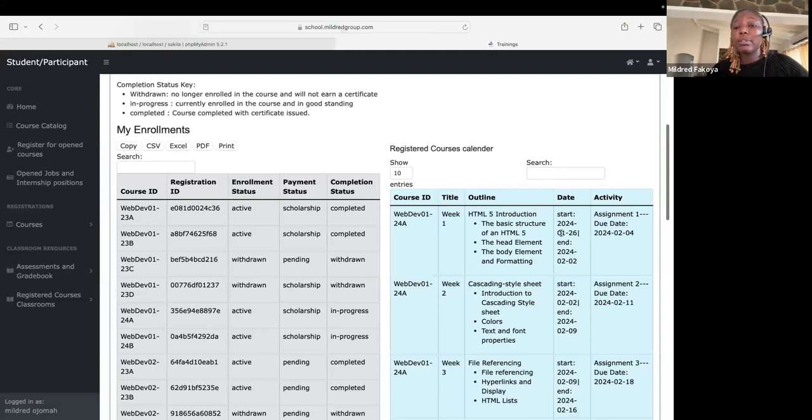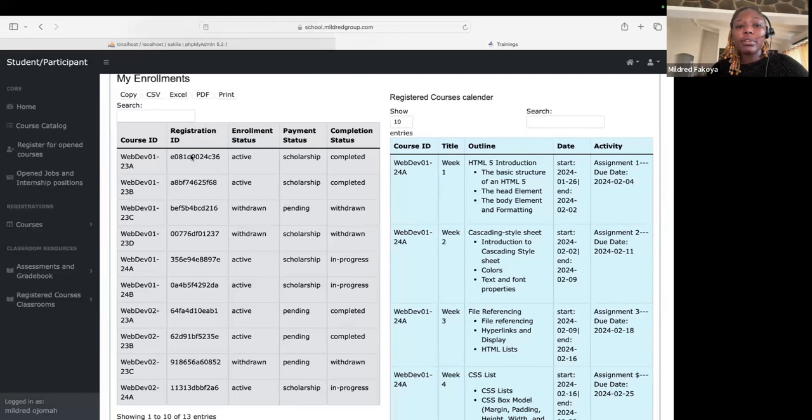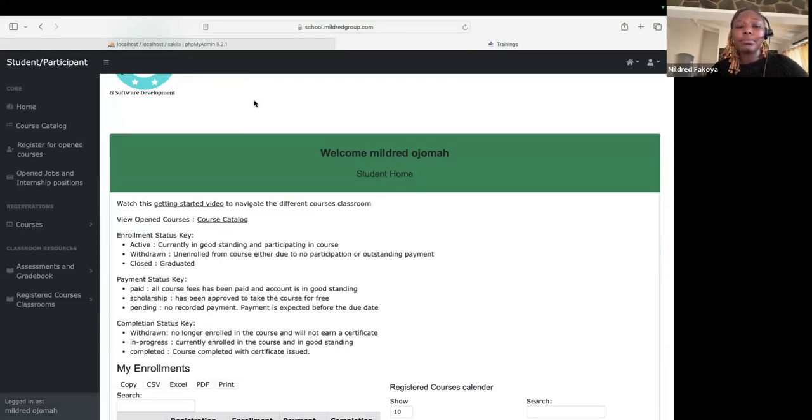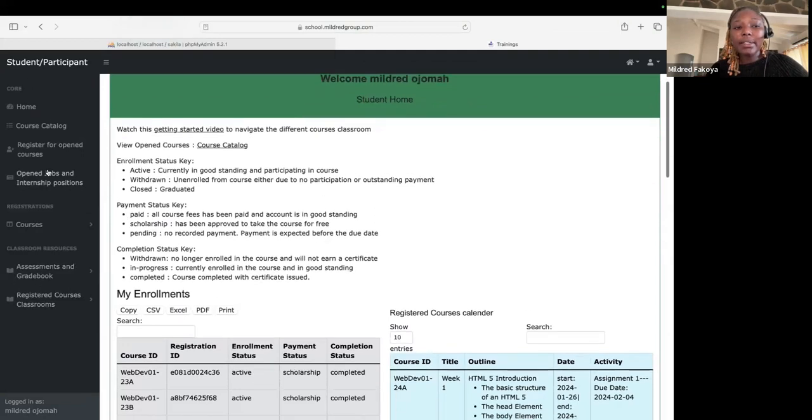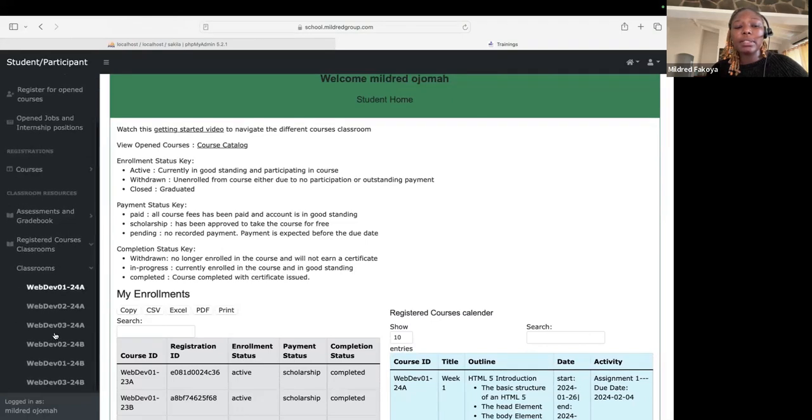Now, you are welcomed to the student homepage that has a calendar, a course calendar for all the courses you are registered in. It will give you a table of all of the enrollments of the different courses that you are enrolled in, if you want to just see that. So this page just contains general information for the students. On the left side here, you can now select your registered course classrooms, and then classrooms, and select the classroom